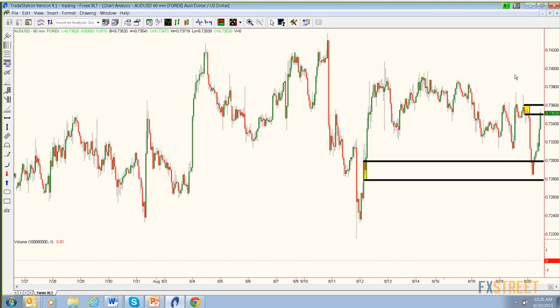Okay, so is that the trade you had there? So it's always a good idea to, you see how price is kind of struggling here at supply, it's always a good idea to get out just before the supply zone, not at the supply zone. The reason being, you have